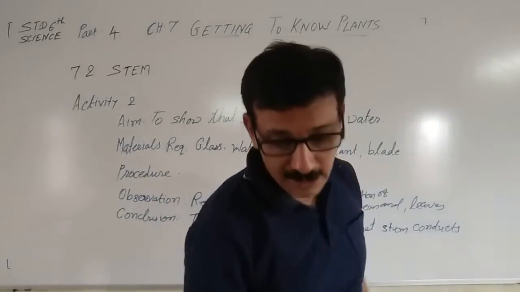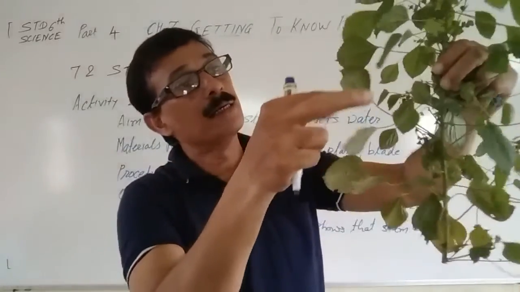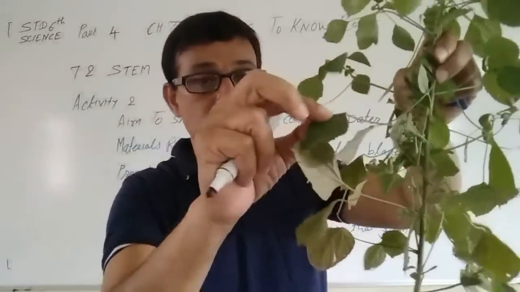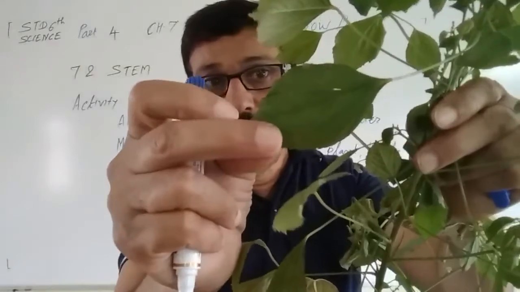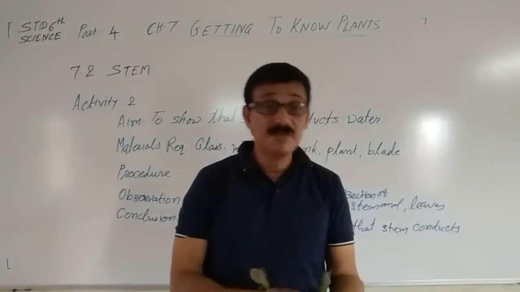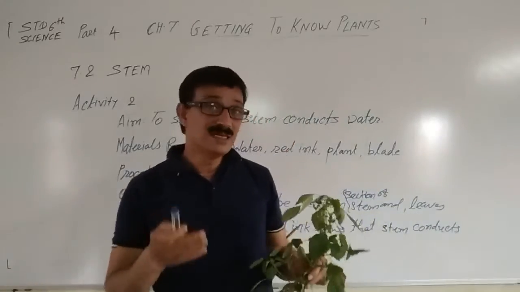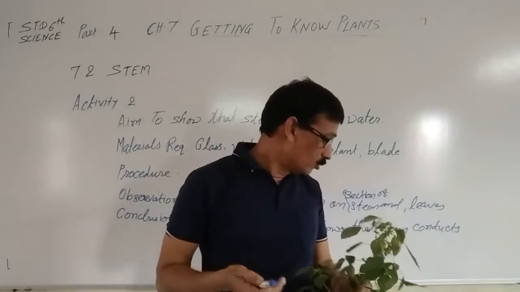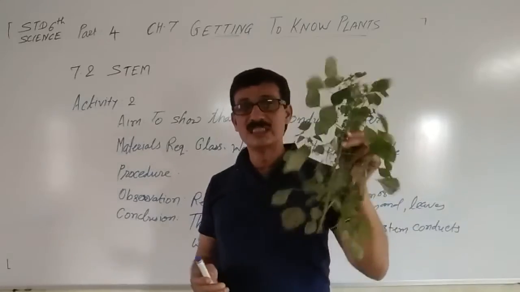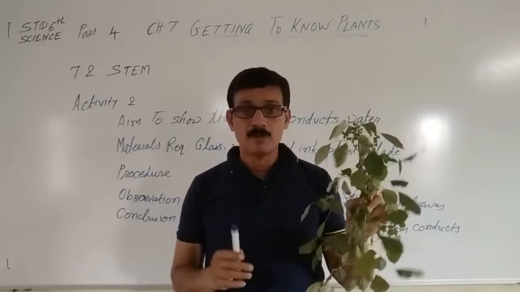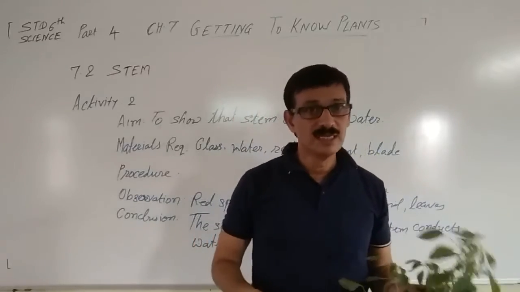And in this, once again, up to these leaves, here also up to half of the plant we can see some red spots. Okay, in this also I know you must be able to see red spots. So with this activity we come to know that the stem conducts water. We will meet in the next part in which we are going to do some activities with leaves. Till then, try to do this activity at your home and watch this video 2 to 3 times, and we'll meet in the next video.